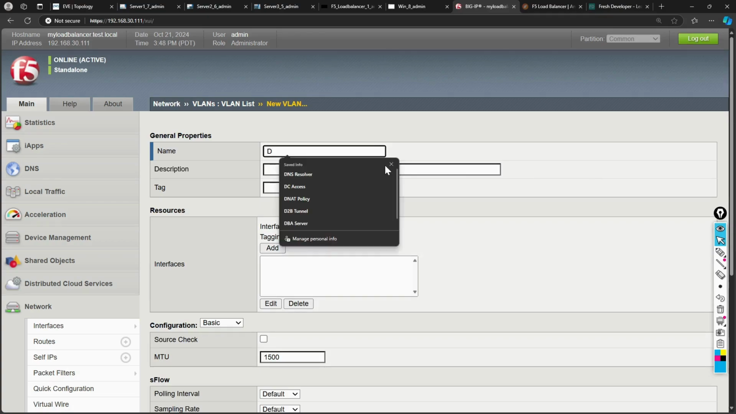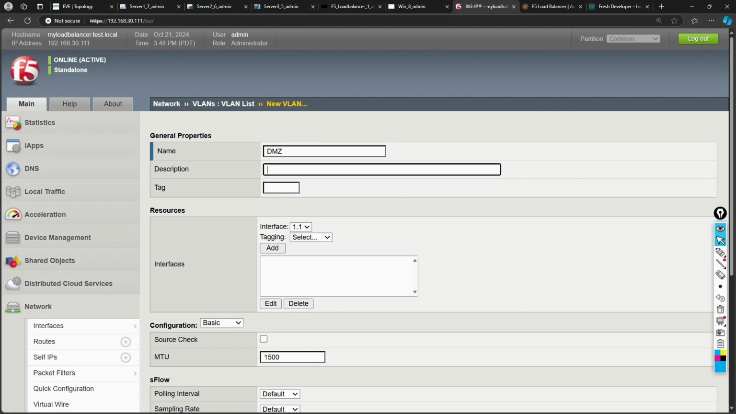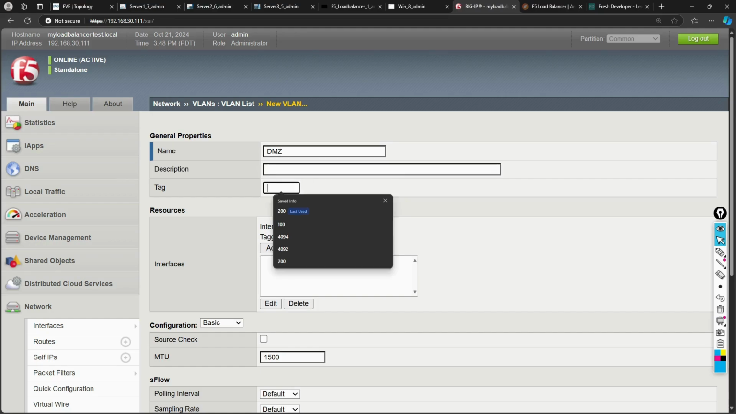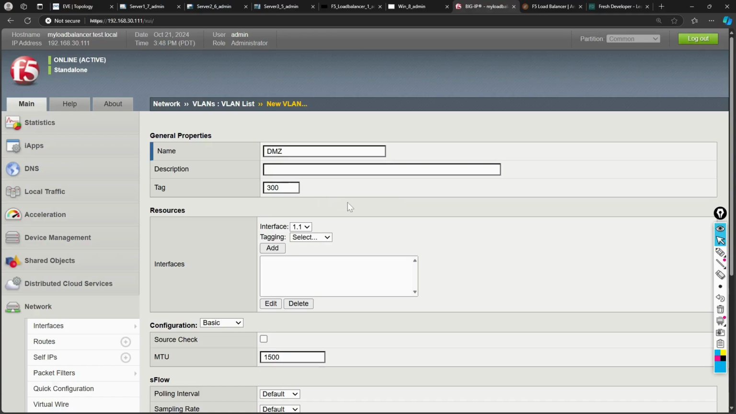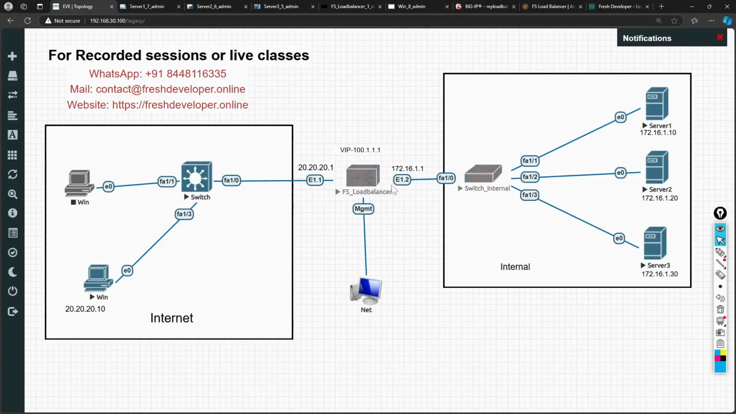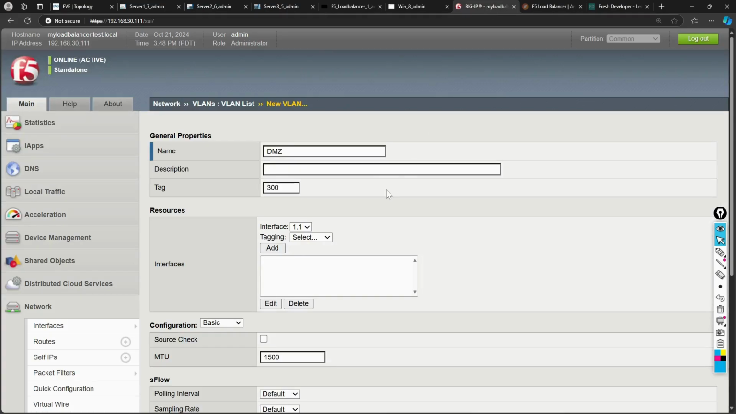So let's suppose I'm creating this for the DMZ. In the description, you can give a tag for which VLAN you want to create. So I'm creating VLAN 300, and this VLAN on which interface, basically on which physical interface you are dividing. So you have to select whether you are using 1.1, 1.2, or 1.3. For example, this 300 is also part of somewhere here on this 1.2. If it will be connected towards it, you can select it here as